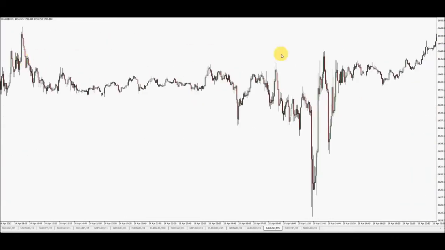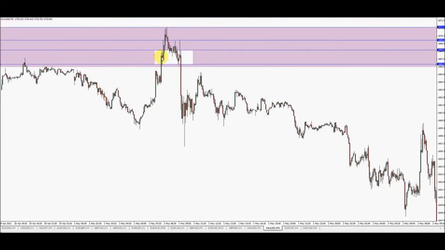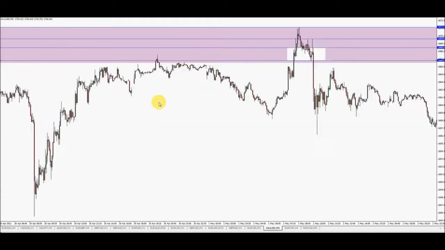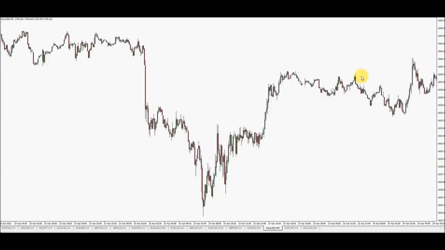Now, whilst we're in this, these are the key levels. This is the zone I'm first and foremost going to be interested in when price comes back to it. Okay. Now if I go back and look at the upper zone,